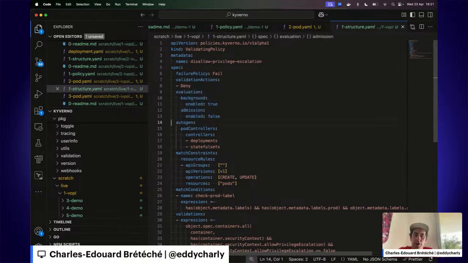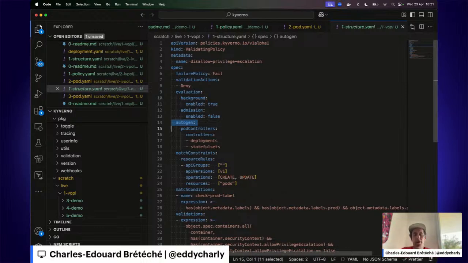We have an Autogen section to determine how the policy will be processed internally. There's a feature in Kyverno that can create synthetic policies for higher level controllers.